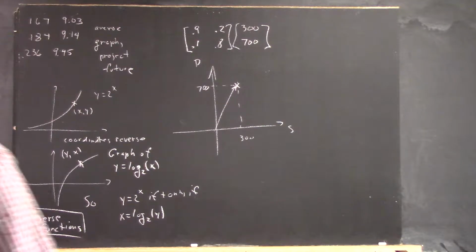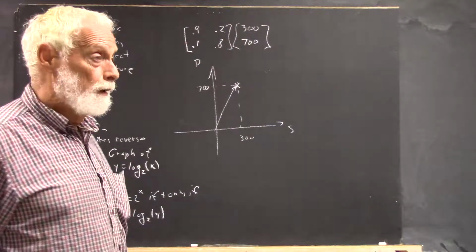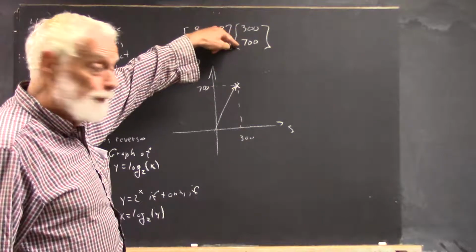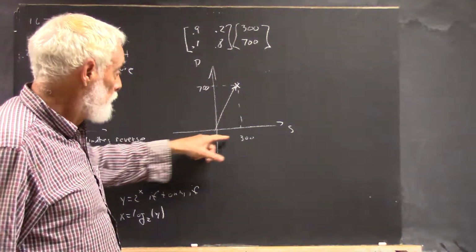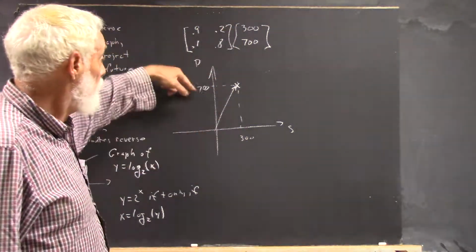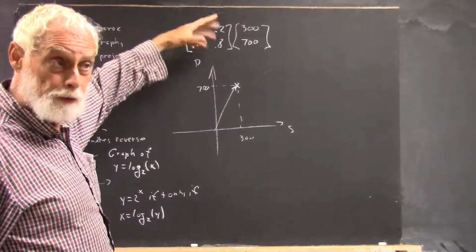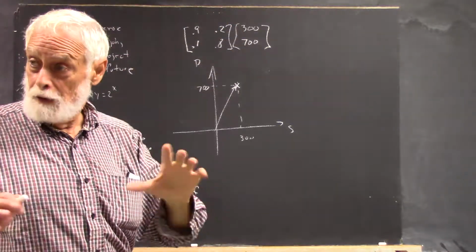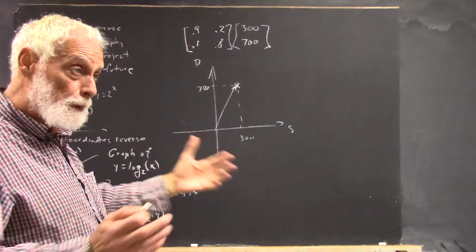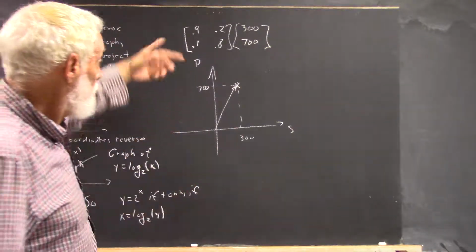So we do this calculation. The 300, 700 population vector, well, that's 300 on the s-axis, 700 on the d-axis. I did this in some detail before, but if you need to refresh yourself, this is going to be brief, okay? Now, when we multiply this,